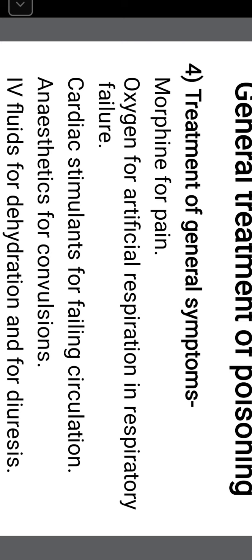Then, oxygen for artificial respiration may be needed, because in some poisons, like, I will give you some examples, like poisonous snakes. There are three groups of poisonous snakes: neurotoxic, myotoxic, and vasculotoxic. Among those, if there is the bite of a neurotoxic snake, where there is paralysis because of the action of the snake's poison on the nervous system, if there is paralysis of many muscles,